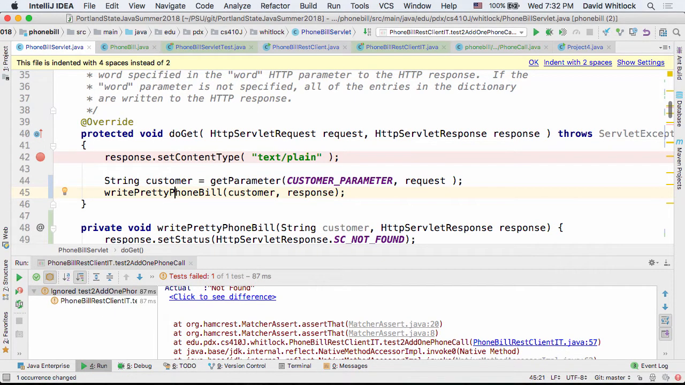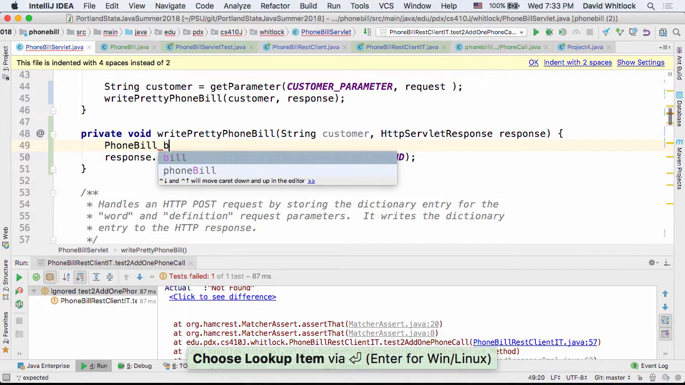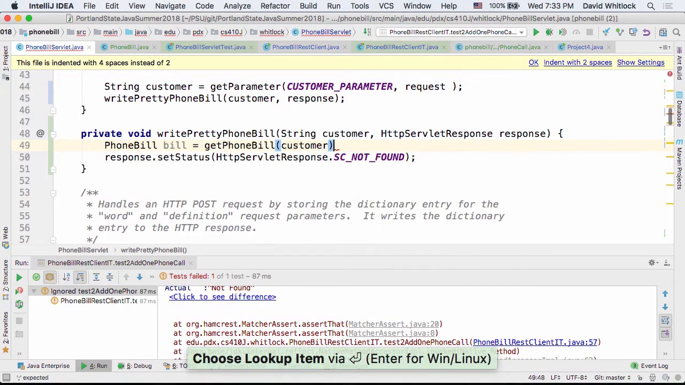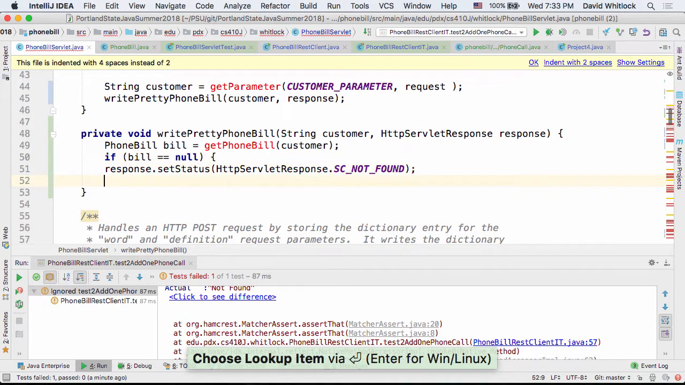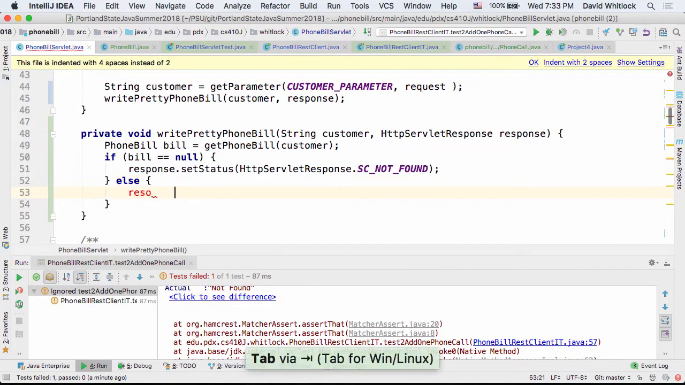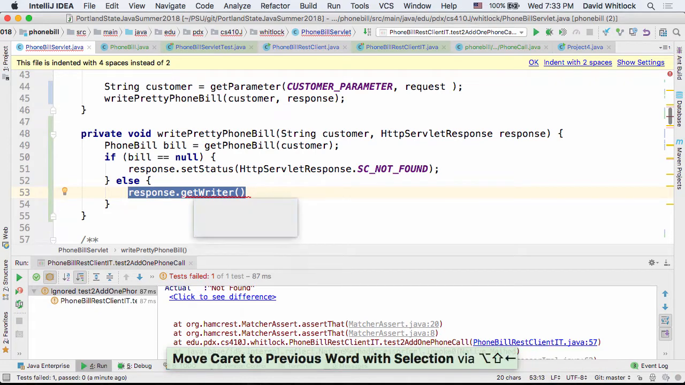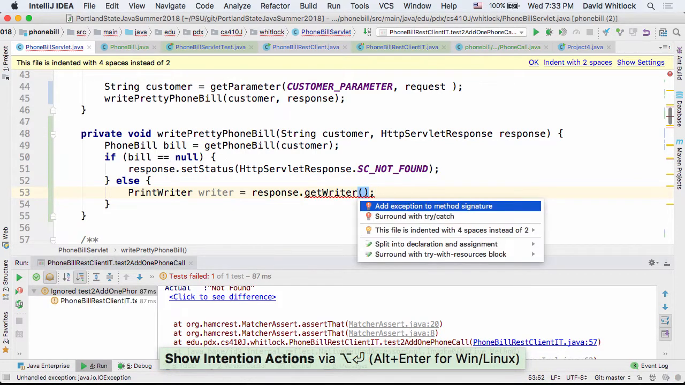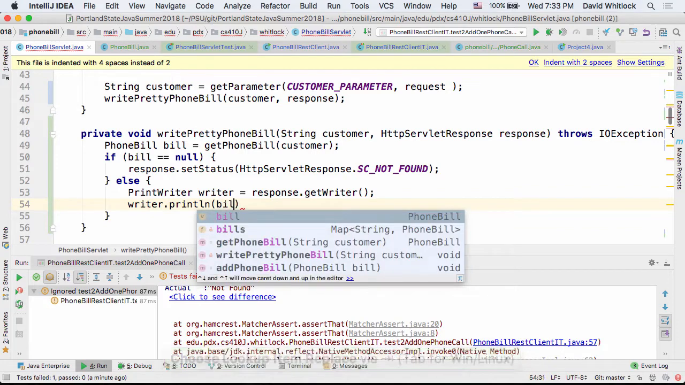So now when I call doGet, and it says write phone bill, actually let's call it write pretty phone bill. Pretty phone bill for the customer. We're going to get the phone bill for the customer. Bill equals get phone bill for the customer. Now, only if that phone bill is null do we say not found. Otherwise, we'll pretty print it, which you'd use a good pretty printer for. I will do something silly like, let's say, response.getWriter. Put that into a variable. We'll call it writer. We'll add some exceptions. And we'll say writer.println, and then the bill.customer name,